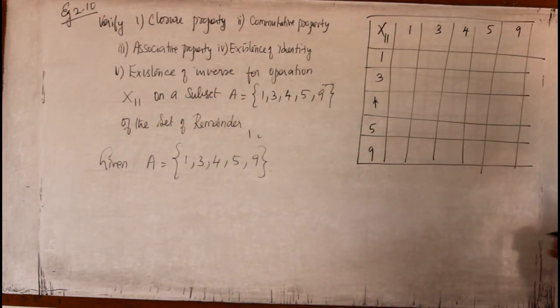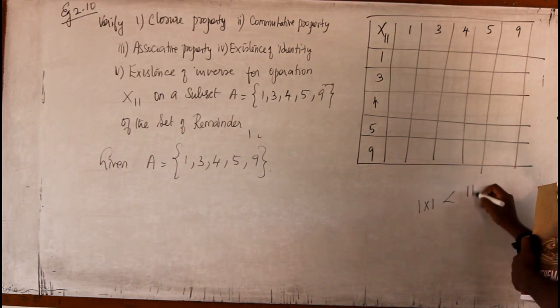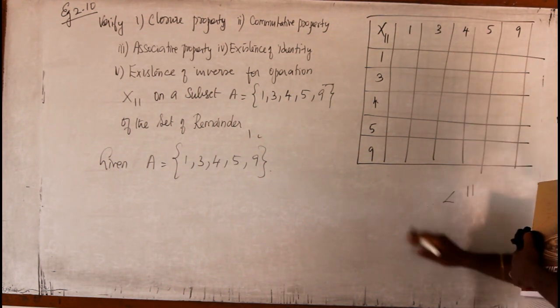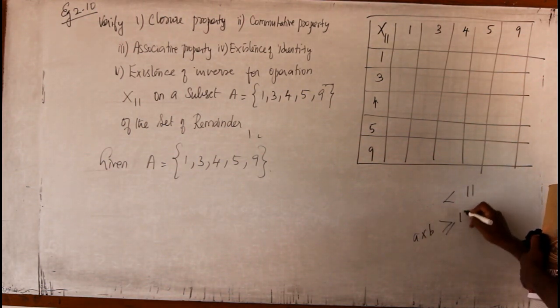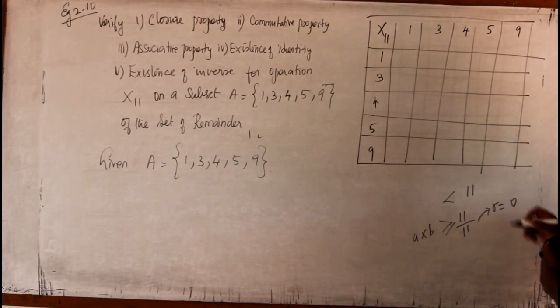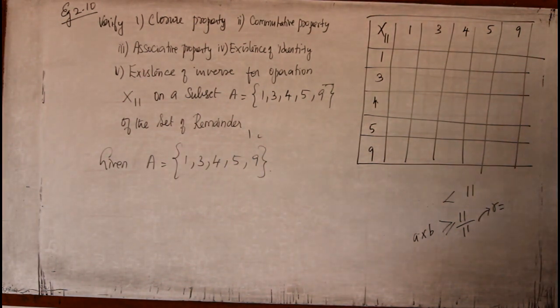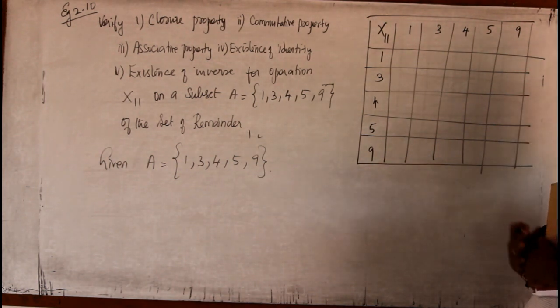What I have to do, remember, is multiply two numbers. If the product is less than 11, I must enter it as it is. If it is greater than or equal to 11, I must divide by 11 and write only the remainders. That means, very simple, after multiplication, remove the number of 11s, that's all.